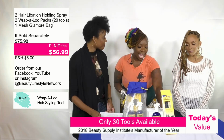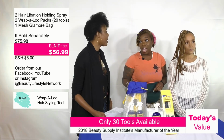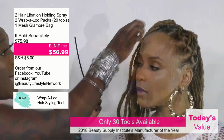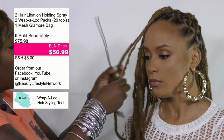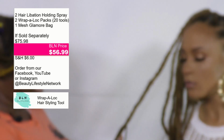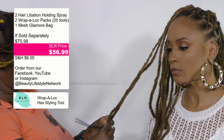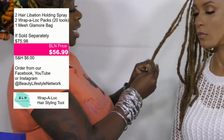So on the side of her hair, she wanted a mohawk, so we're just giving it some character. I flat twisted her up already, and then I'm just going to be applying the tool. I'm doing hers two at a time. Typically what I like to do is get two of the locks that are the same length so that it's easier to curl. I wrap the ends up like so. I fold it over so it secures the ends in place. And then I just tightly